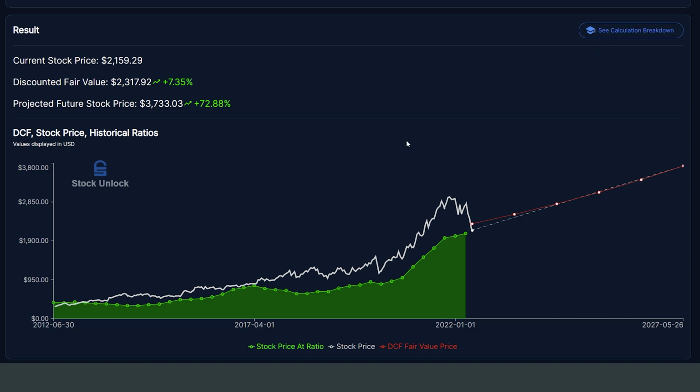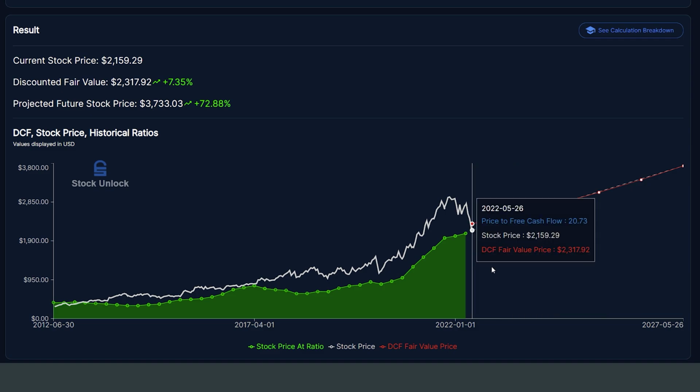But moving on to the last part of our DCF calculator, this is the graph at the bottom of the screen here. And this graph gives us a visual representation of the calculation that is going on in the DCF calculator. The red line right here is our discounted fair value line. And it basically shows us right here that the discounted fair value in 2027 should be about $3,733 a share. And then the red line works backwards and discounts the stock by 10% annually. And then right here, it shows us the DCF fair value today, which once again is about